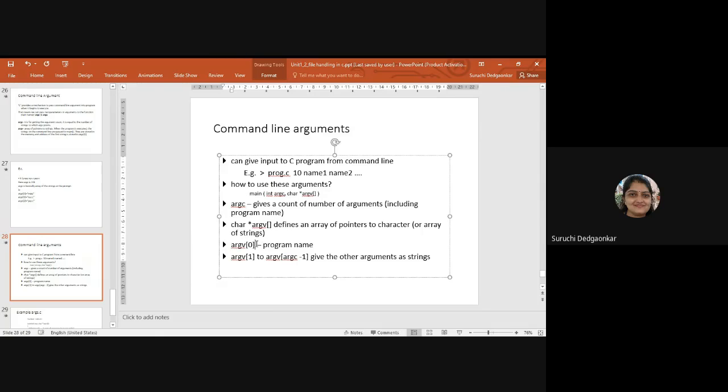strings. Okay. So ARGV of 0 is always program name, and ARGV of 1 to ARGV of ARGC minus 1. Okay, so if I have passed 10 parameters here when I'm executing, then first parameter is always program name, and I can have another 9 strings in this ARGV. So ARGV actually has 10 strings, in which first string is always program name, and except this I can have 9 more strings in that. Okay, and my ARGC will be 10 in that case.